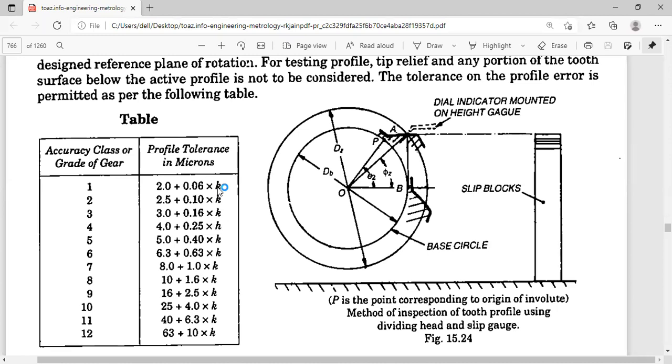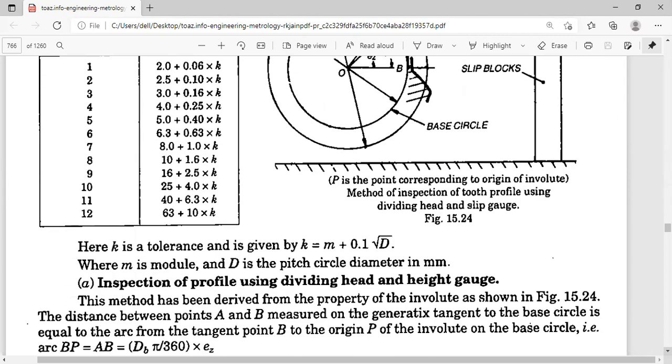The optical projection method of profile checking is very quick, and it is suitable for checking the profile of only small thin instrument gears, not big gears. You cannot measure a big gear profile by the optical projection method. You might have seen some of these gears in watches you have disassembled. Whenever a watch is not used and you want to throw it away, don't throw it. Try to disassemble it and you will see a small thin instrument gear in the watch also.